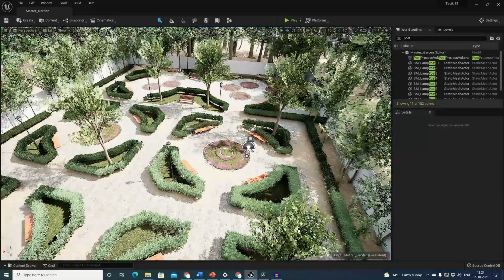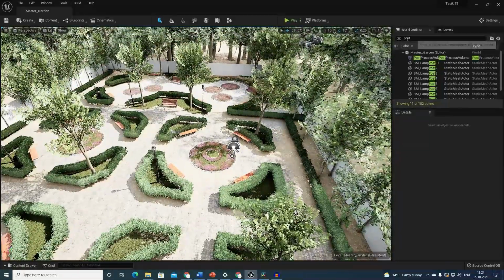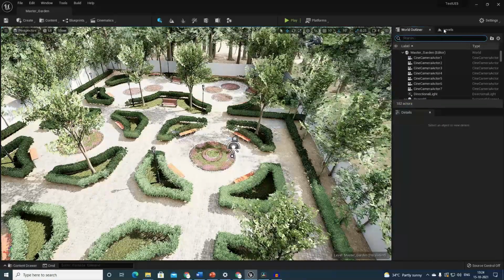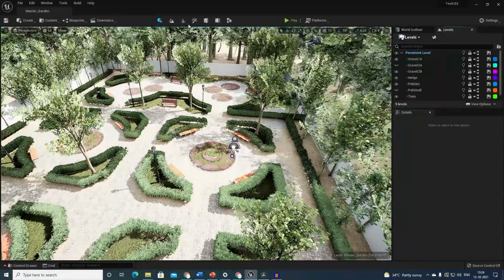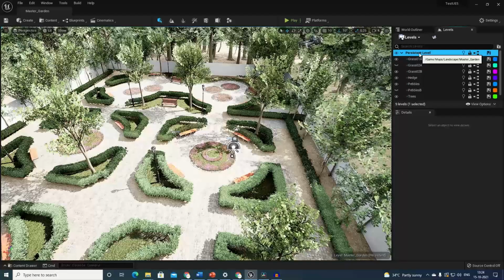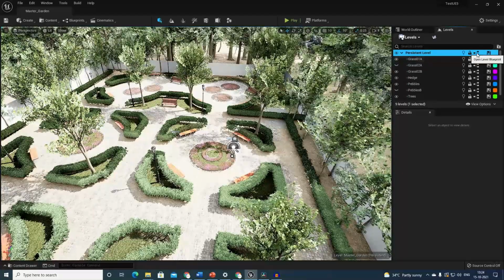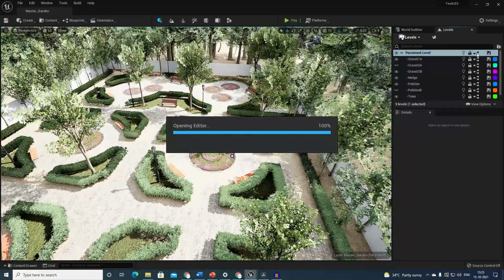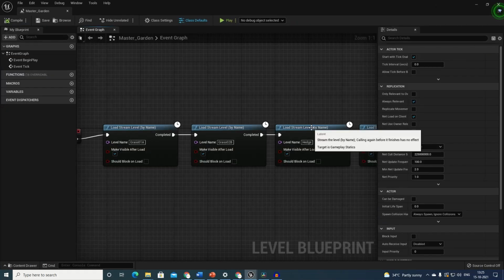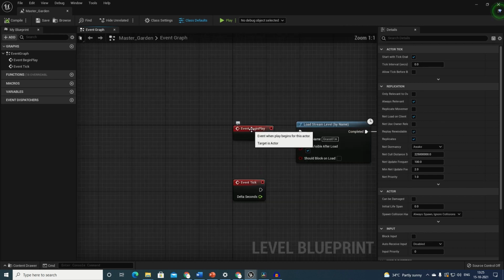We need to add some scripts in the level blueprint. Go to the levels, double click on the persistent level and open the level blueprint. In the event begin play, we just need to load the stream level.